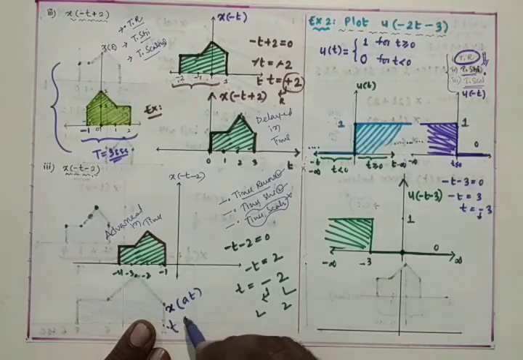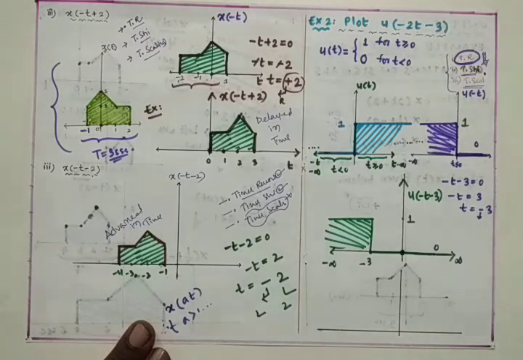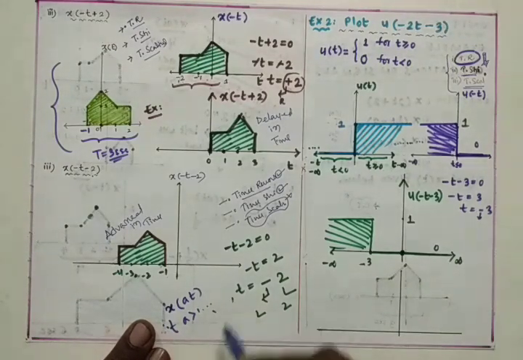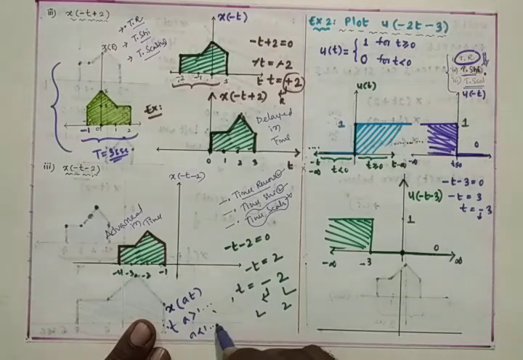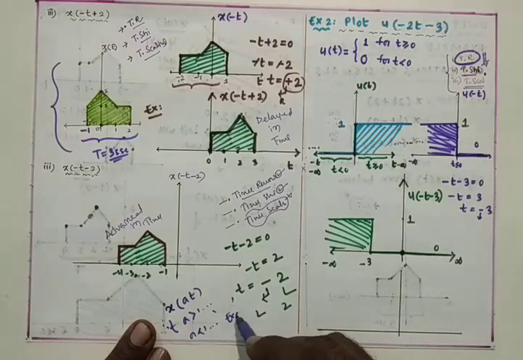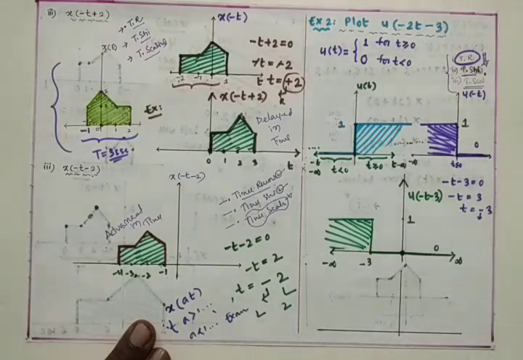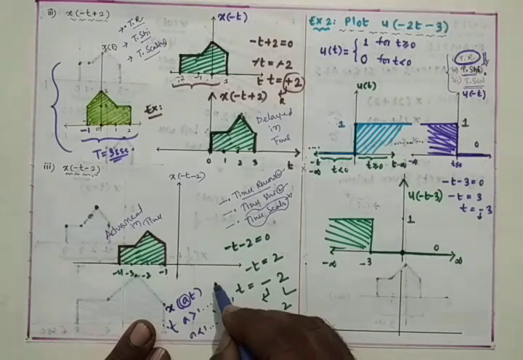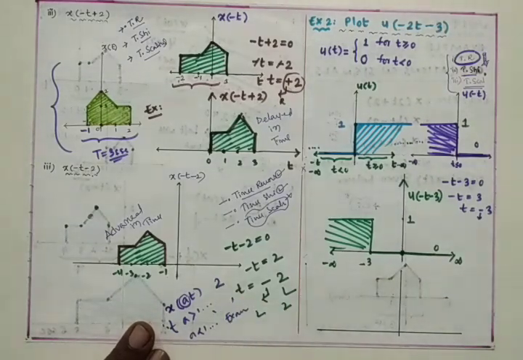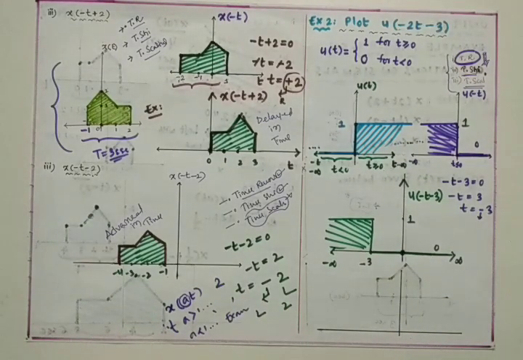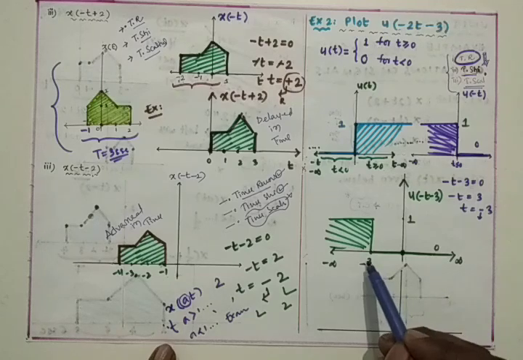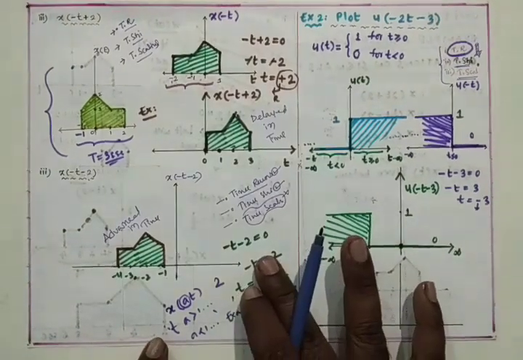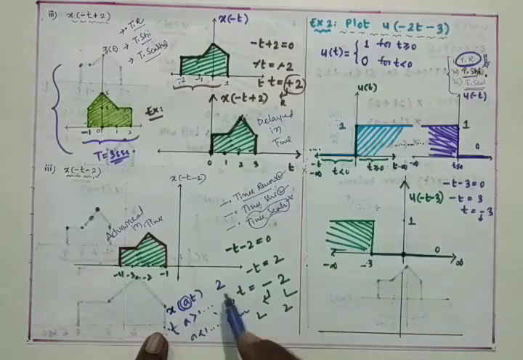If a is greater than 1, then the resultant signal will be the compressed signal. If a is less than 1, the resultant signal will be the expanded version of the signal. So here in place of a, we have 2, so it will be the compressed signal. So here each and every time instant is going to be divided by 2 only.